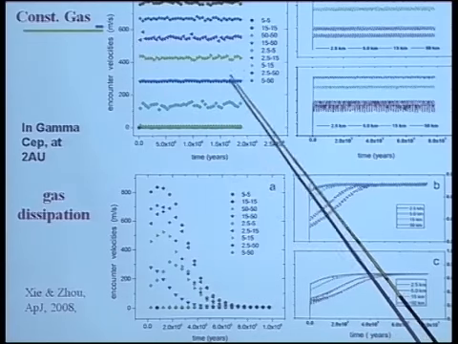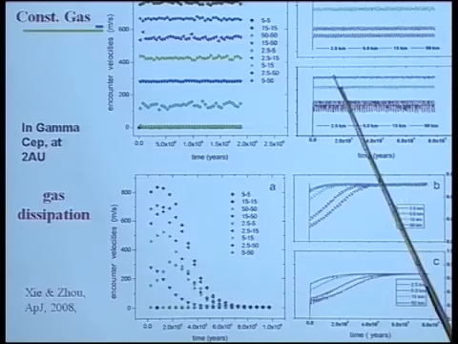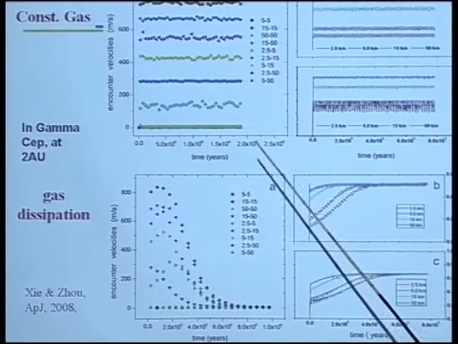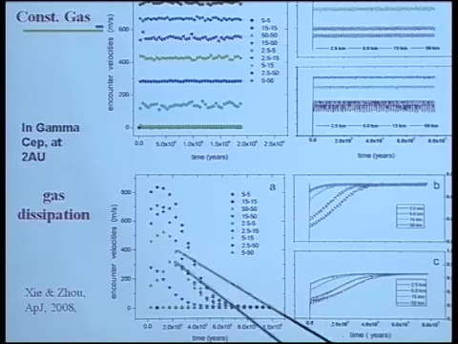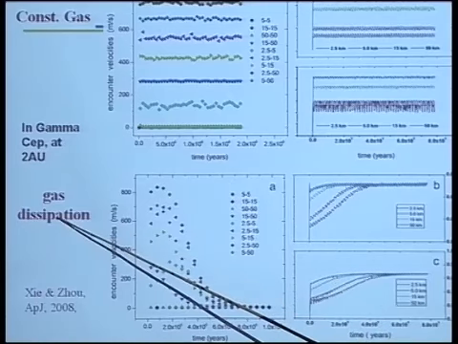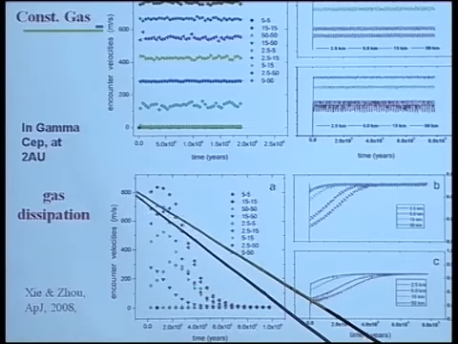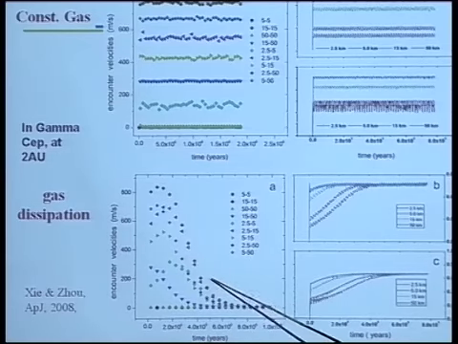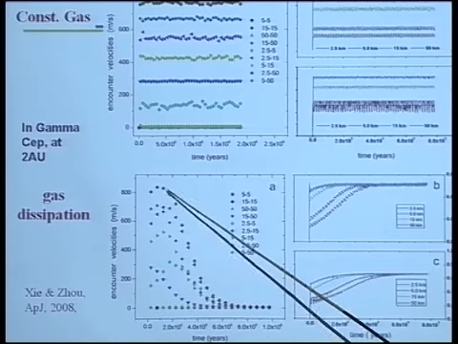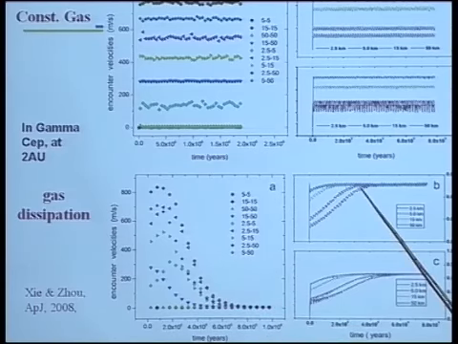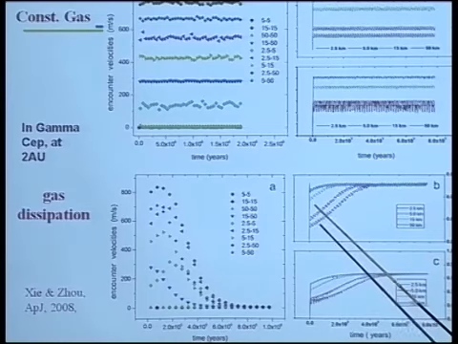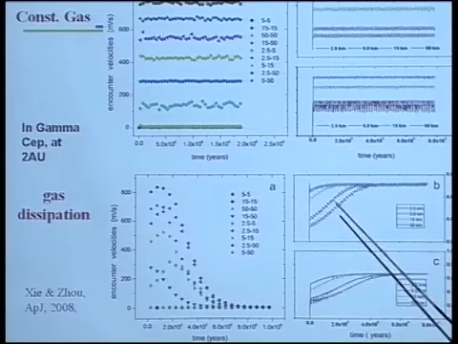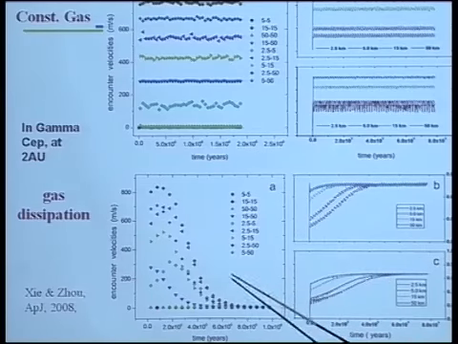So the collision will lead to erosion. They are not accretion friendly. But if you see the gas depletion, which occurs at around 10 to 5 years, after like 10 to 4 times 10 to 5 years, most of the accretion in constant velocity is reduced, because most planetesimals, even with different size, have the same configuration. So the constant velocity is reduced greatly.